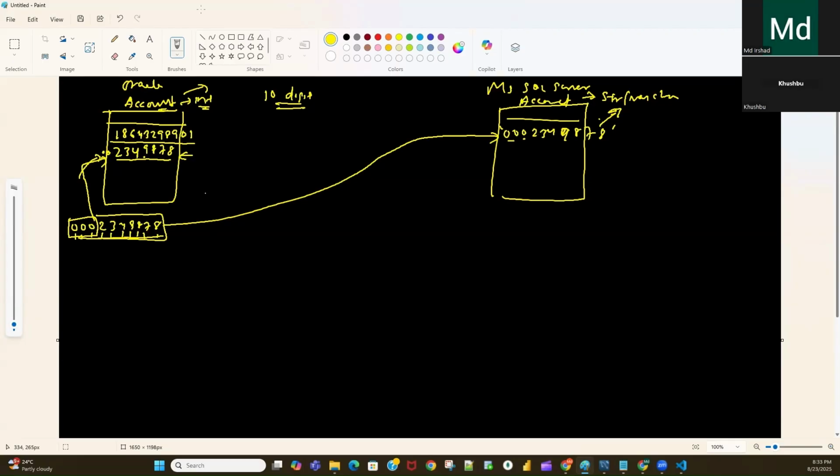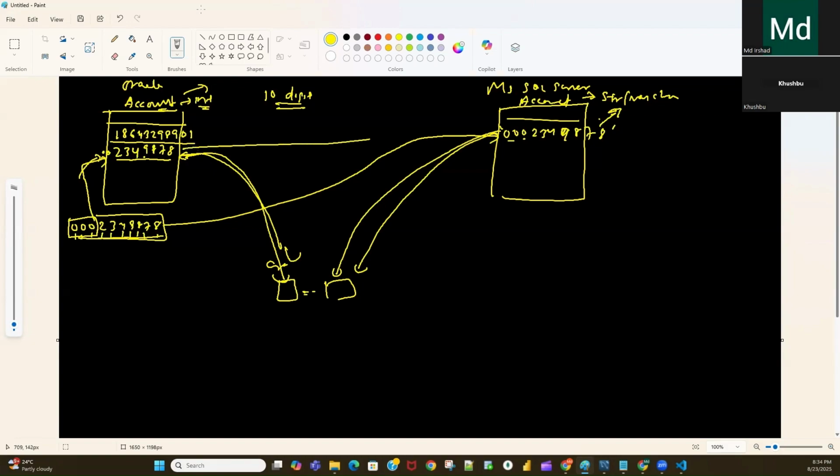So we had one requirement where we need to bring this data into Python, and compare the account from Oracle with the account from MS SQL Server in the Python code. Actually this data and this data are the same.